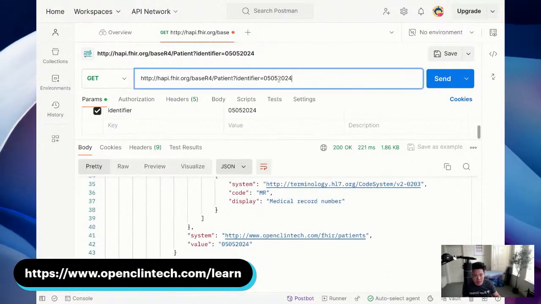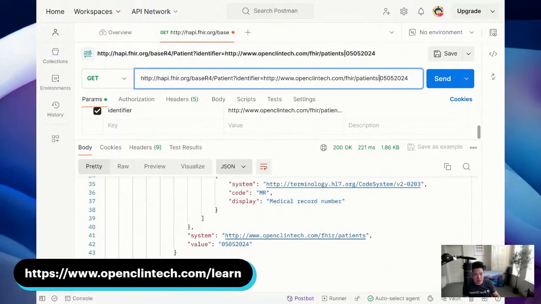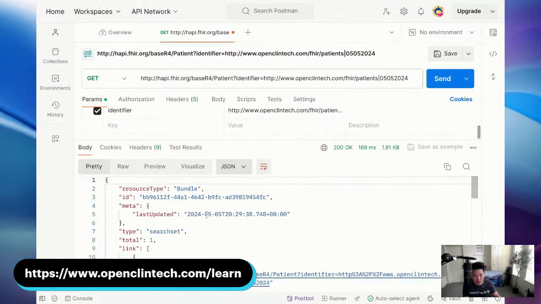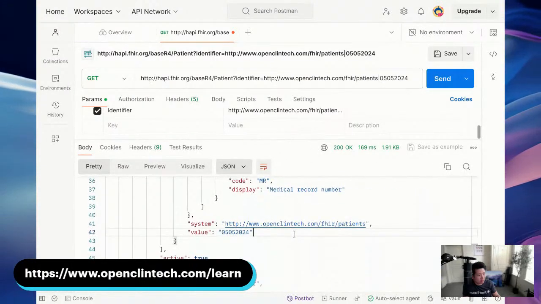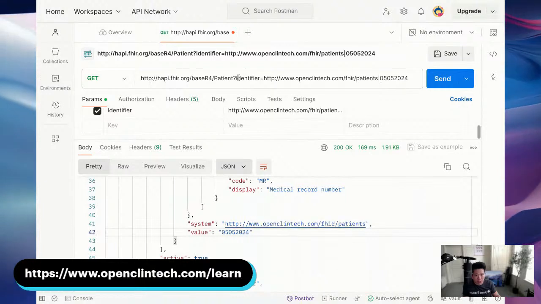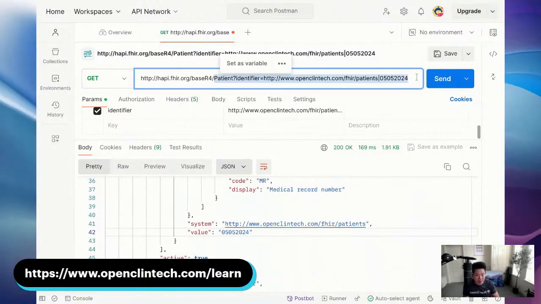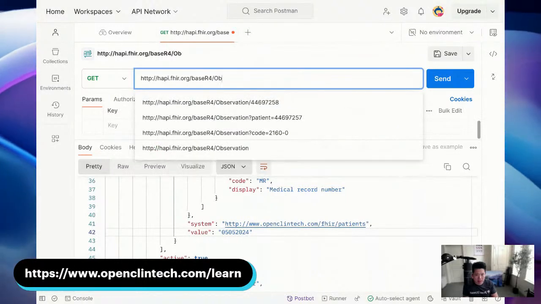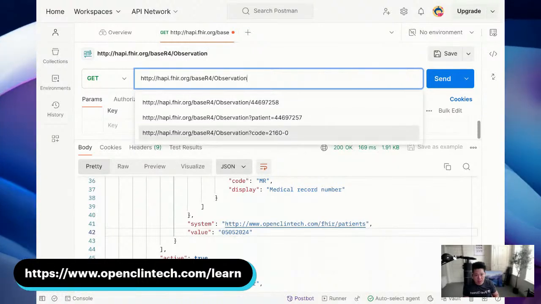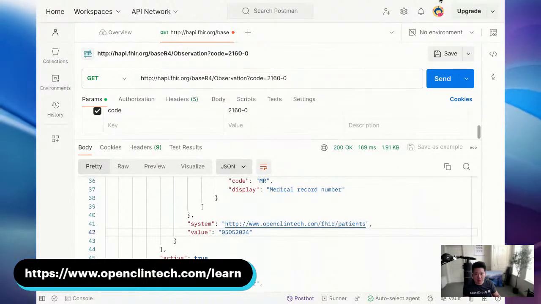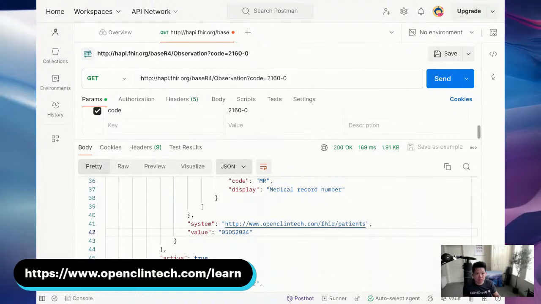Okay, pull my patient, and then we do next system and code value. There you go. Okay, so we showed that. That works. Then we'll try it with the observation, and then we can probably wrap up these examples. So observation. Let me pull in my specific observation though,